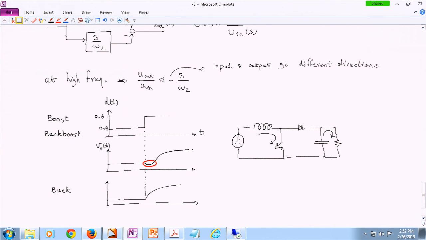So you can see there's a bit of a time delay. You want to increase the energy that is being delivered to the load, or the power that is being delivered to the load. But because you want to do so, you have to keep the switch on more often or for a longer period of time. That means first we have to basically energize the inductor here, then the energy is being released. They are not actually simultaneous. Whereas in the buck topology,